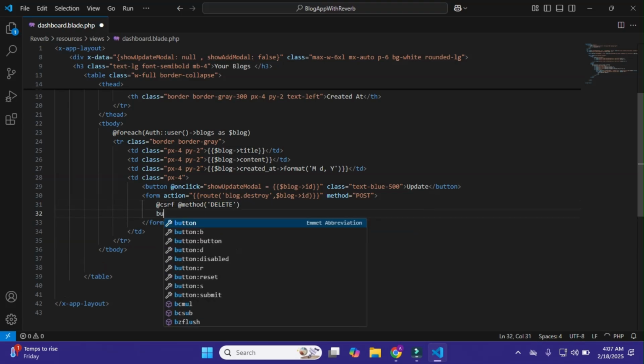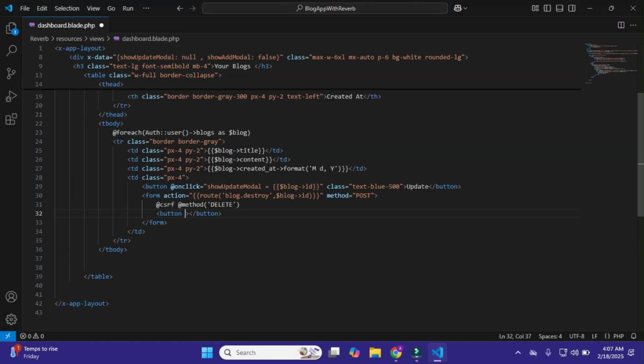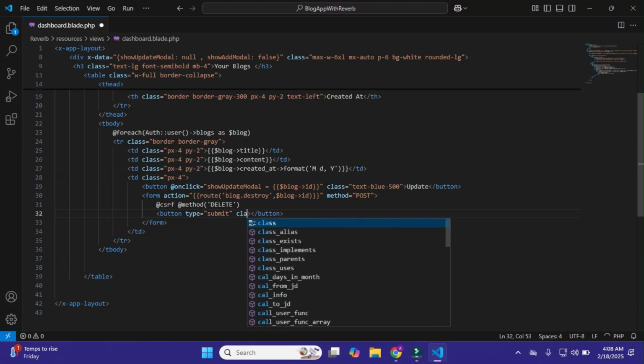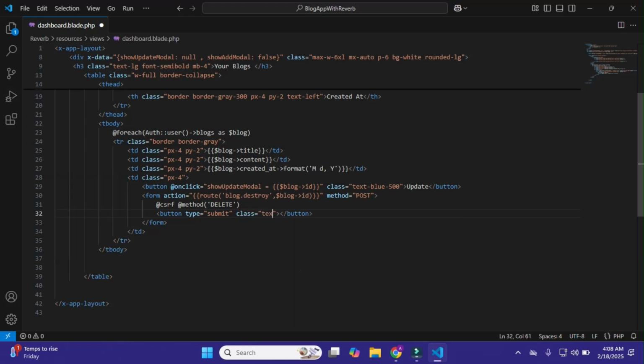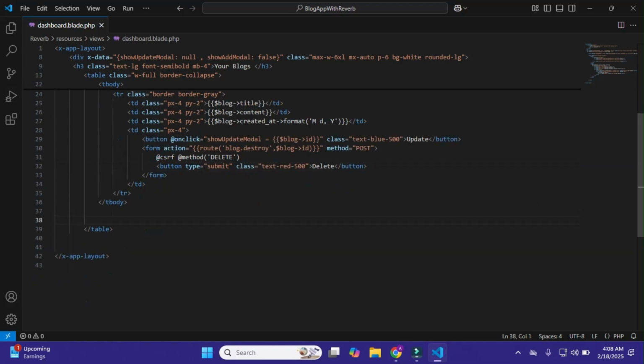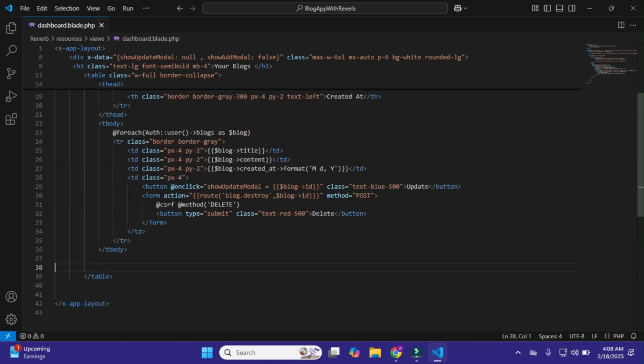Okay, just this, and now I'll make the button, and it is type submit, and in the class I'll add here text-red-500. Okay, I'll do this, and name this as delete.